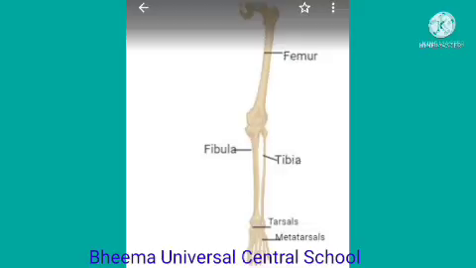The upper leg and the lower leg join together at the knee. The upper leg has a thigh bone, which is a powerful bone as it bears the weight of our whole body, and is called the femur. It is the longest and strongest bone in our body. The lower leg has two bones, the tibia and the fibula.